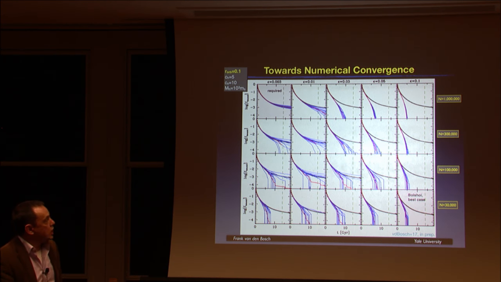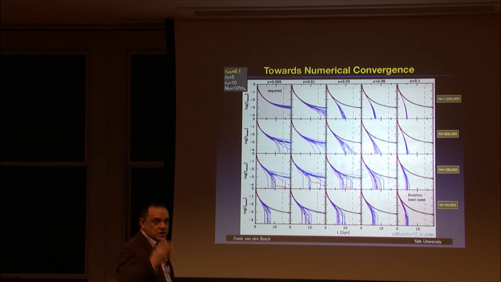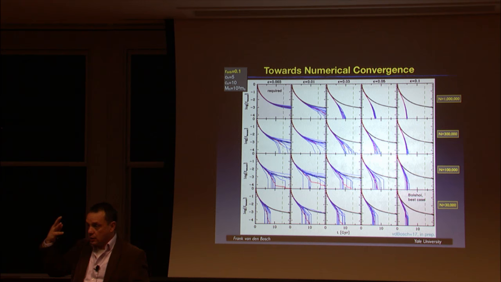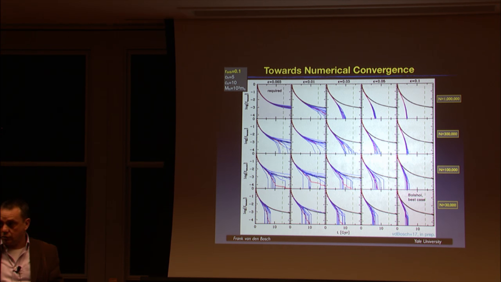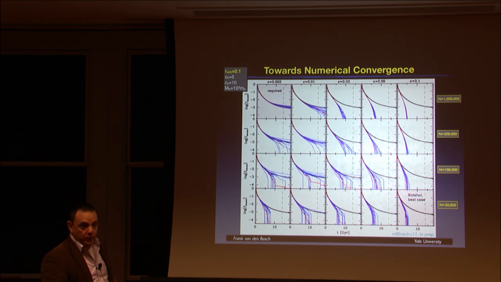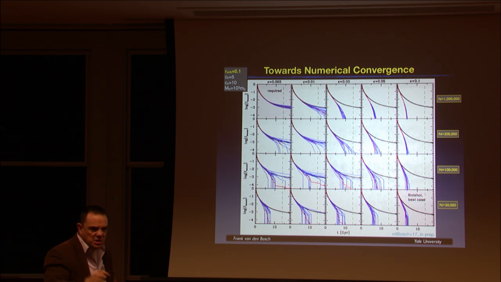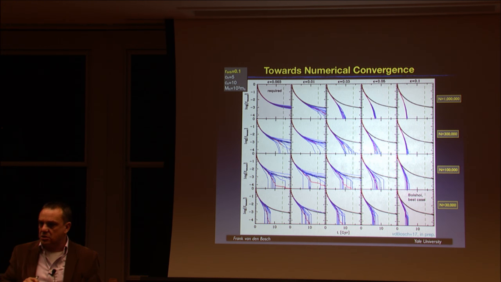And now in each panel, I change the number of particles in the subhalo from 1 million, 300,000, 30,000, and I change the softening length. And in each panel you see 10 blue curves, which are 10 random realizations. Okay? And the red line is the average from those 10. And you can see that if you want to resolve this system properly, the dynamics, you need to be roughly here. 1 million particles, softening 0.003. You start to see some dispersion among the 10 different random realizations, but after a Hubble time, it's still about 0.1 dex. I can live with that.